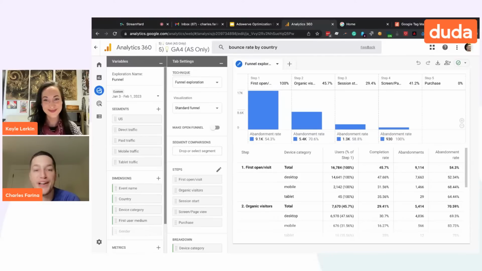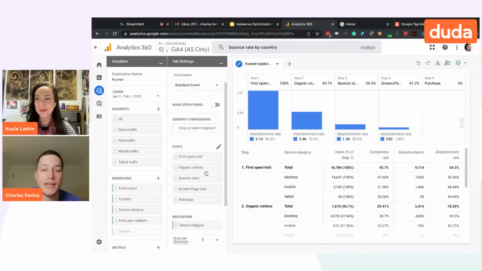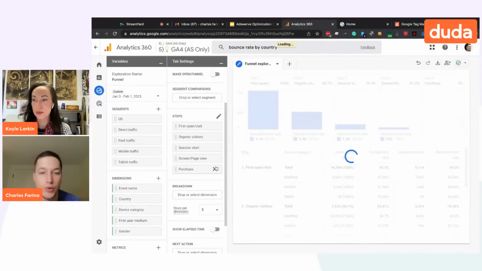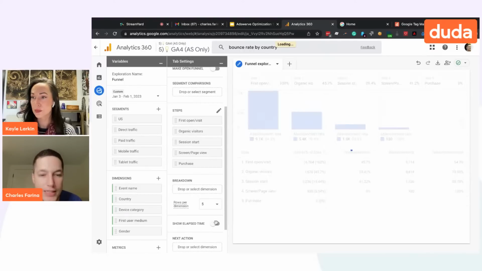So make sure you have 14 months of data because 2 months isn't a lot. But in these funnels, you can fully customize this. So you can, for example, break them out by different dimensions or not. One of my favorite features is in funnels. Let's say you wanted to understand how long does it take users to complete each step of your funnel. Maybe you have a form and you want to know how long does it take them to go through that form. Again, you couldn't do that in the old version of GA, but in GA4, there's a checkbox for time.